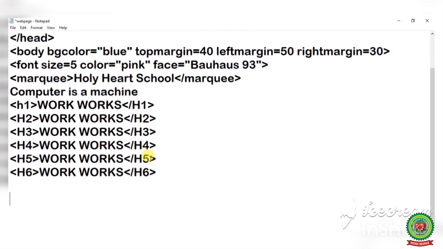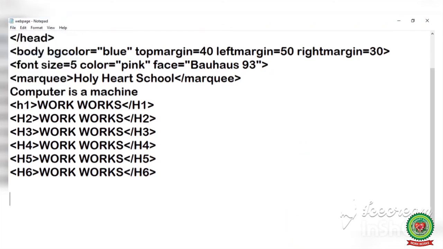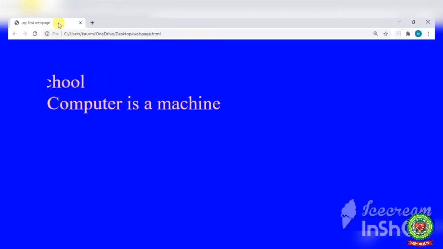The work of these heading levels is that they display different formatting effects on every level. You can see it in the output. Save your work first. Now open the web browser. Refresh your work.